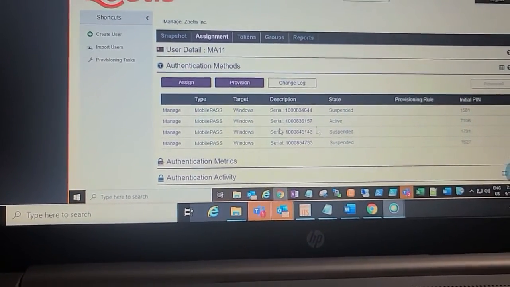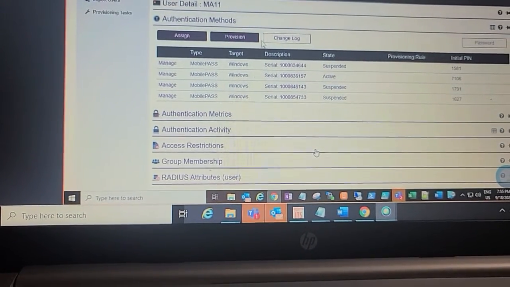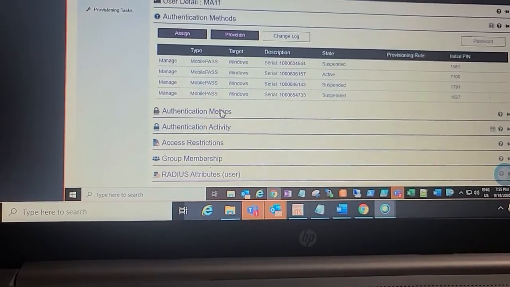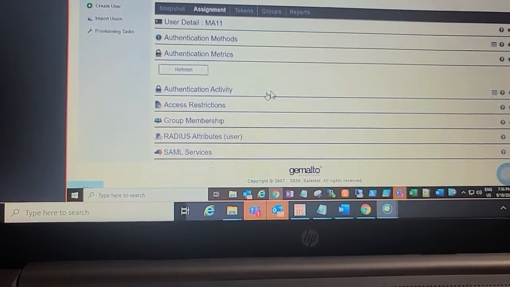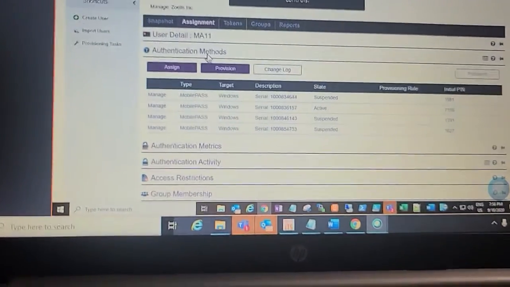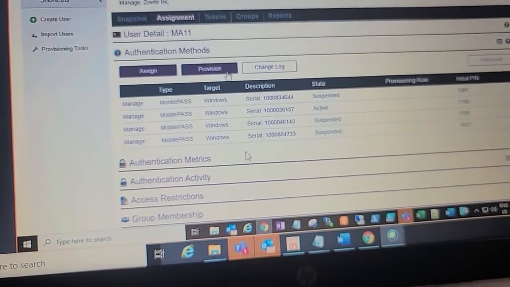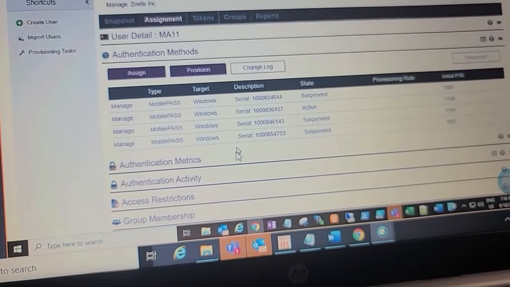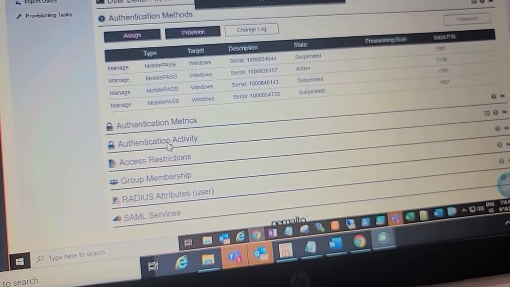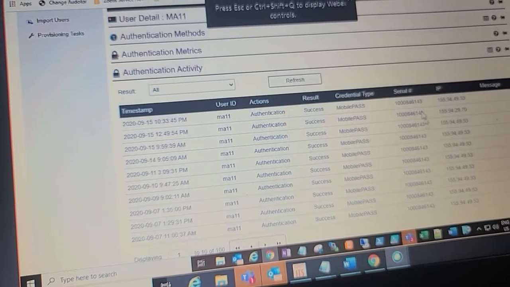So you only have 1 and 3 suspended. Yeah. Here in this case, actually, if the user is having only one token, don't revoke the token. Otherwise, it will be difficult for the end user. If having multiple tokens, then that's okay. Means if one token is not working, the user can use the other one. But if having only one token, it's a risk for the user.